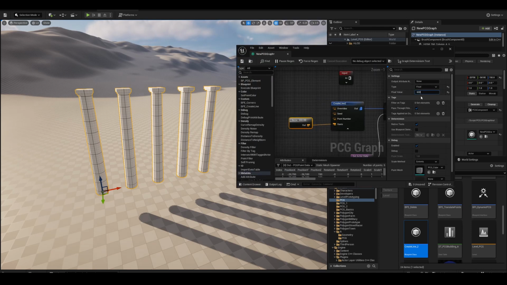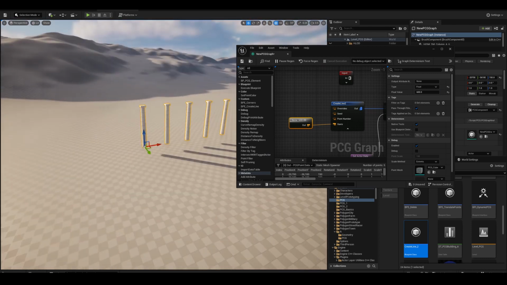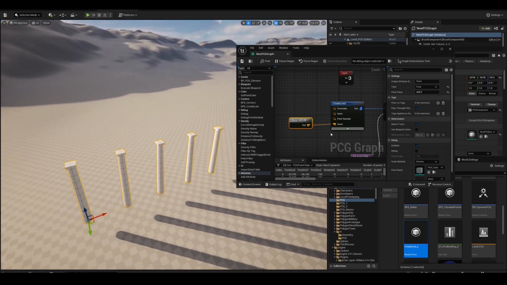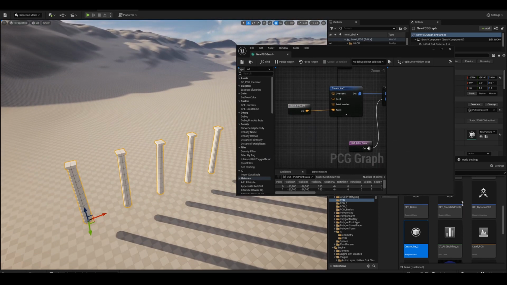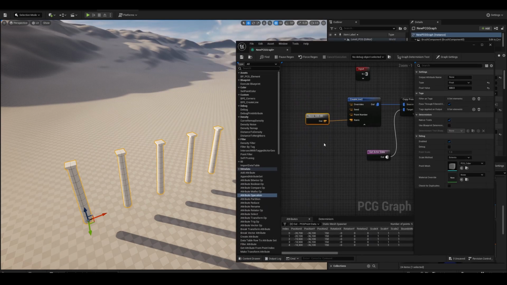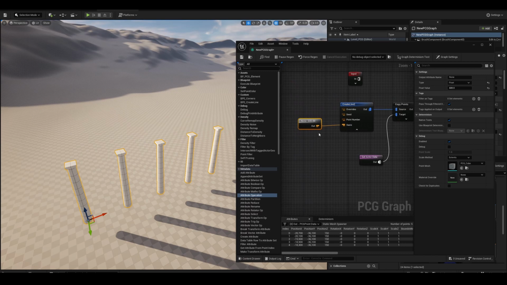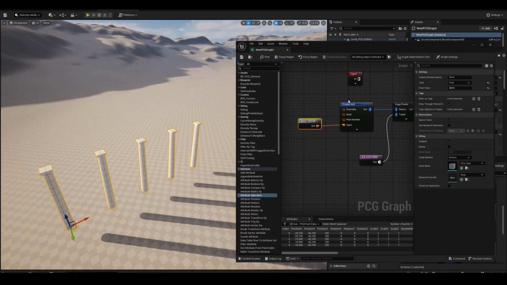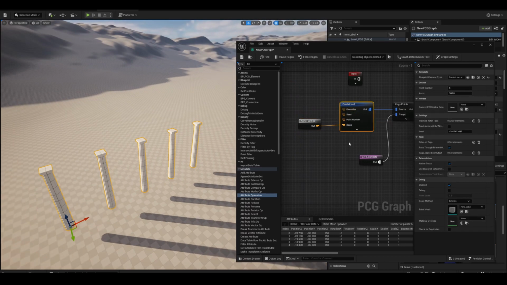I could do 600. Okay, that works. So with this, this is an attribute inside this graph that is changing this PCG blueprint element